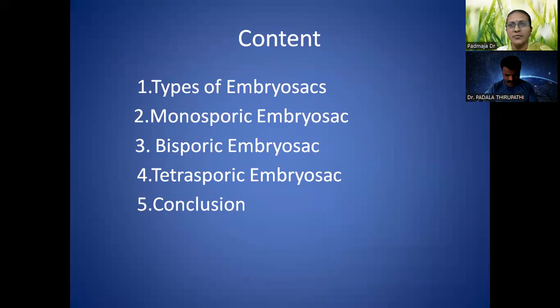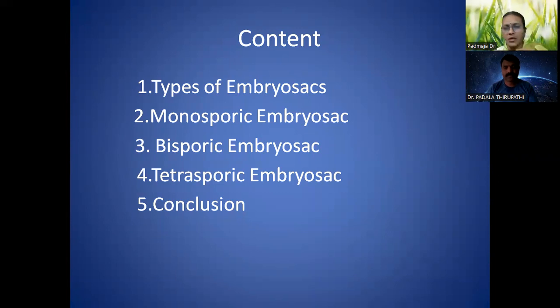Different types of questions may be expected from these types of embryo sac. Then the monosporic embryo sac types, and the difference between monosporic, bisporic, and tetrasporic embryo sacs, and our conclusion part. It is a very interesting and remembering part of this